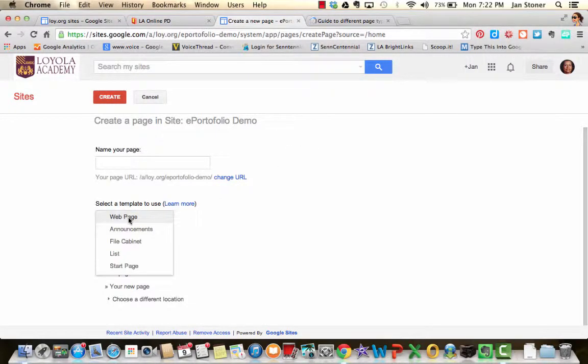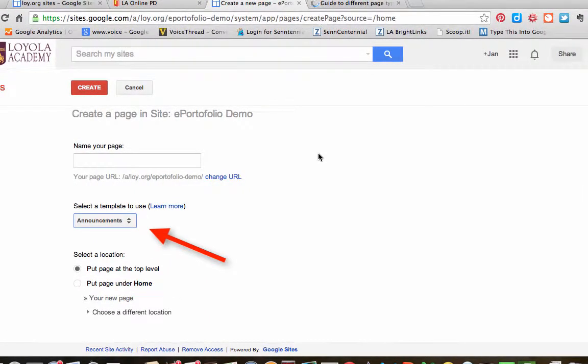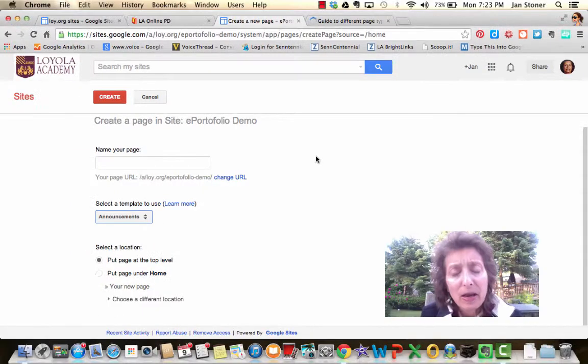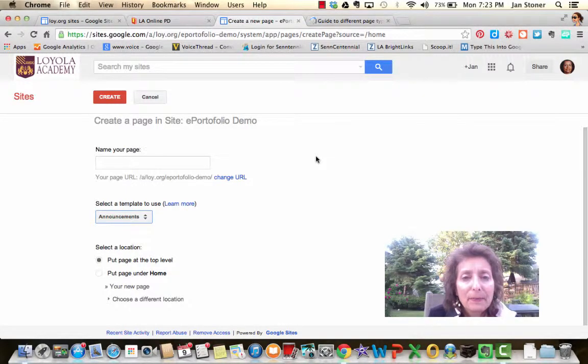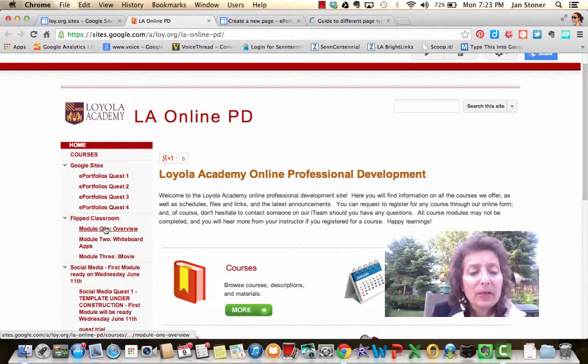We'll look at the announcements page. An announcement page is like a blog page. You can use it for commenting, and it displays posts in chronological order, starting from the most recent. For our ePortfolios, this is quite a good page type to use if you want to include reflection in your ePortfolio. To show you an illustration of that, we're going to go back to our summer site and come down to